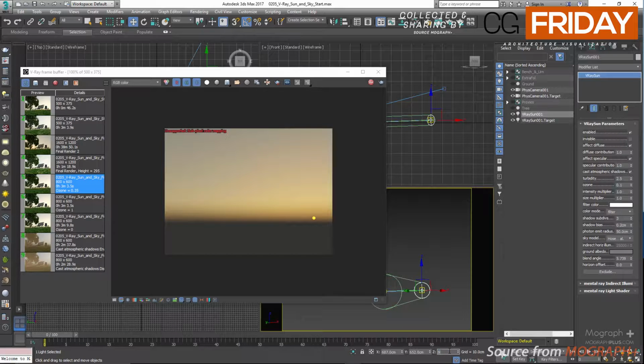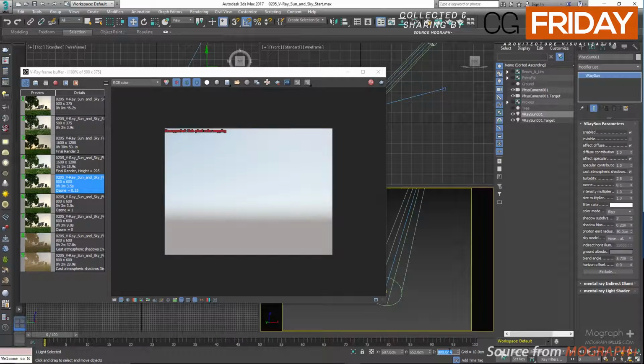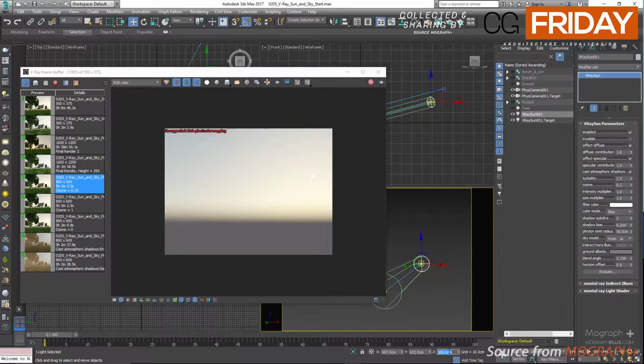So let's try 800, 700 centimeters, 600, 500, 400, 300, 200, 100,